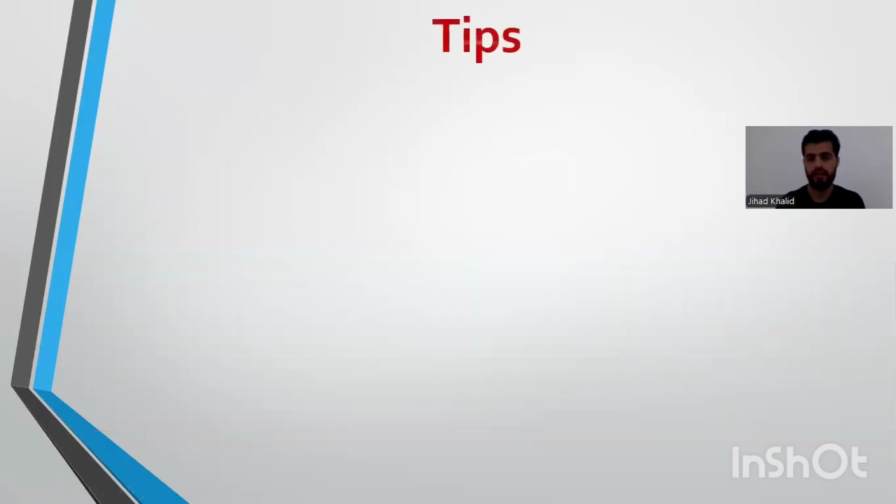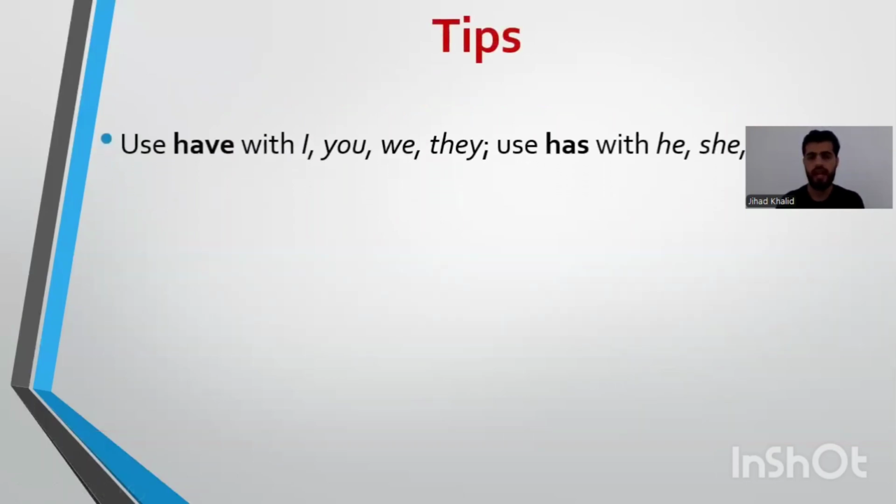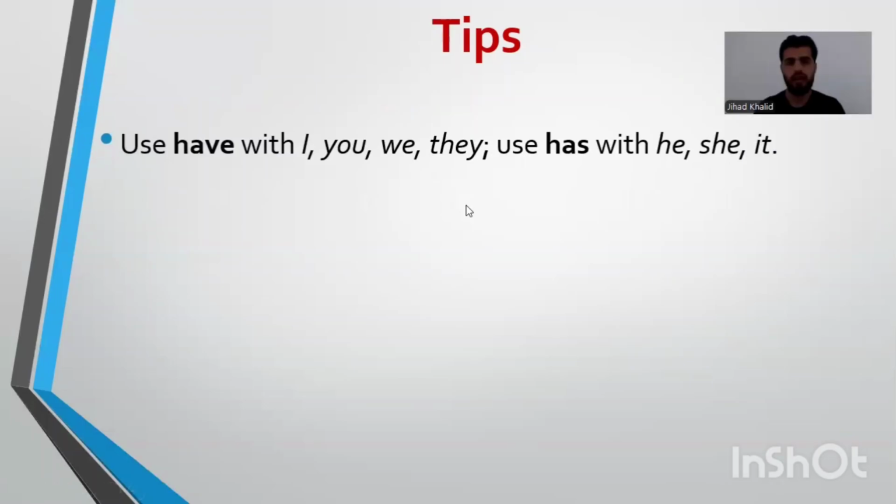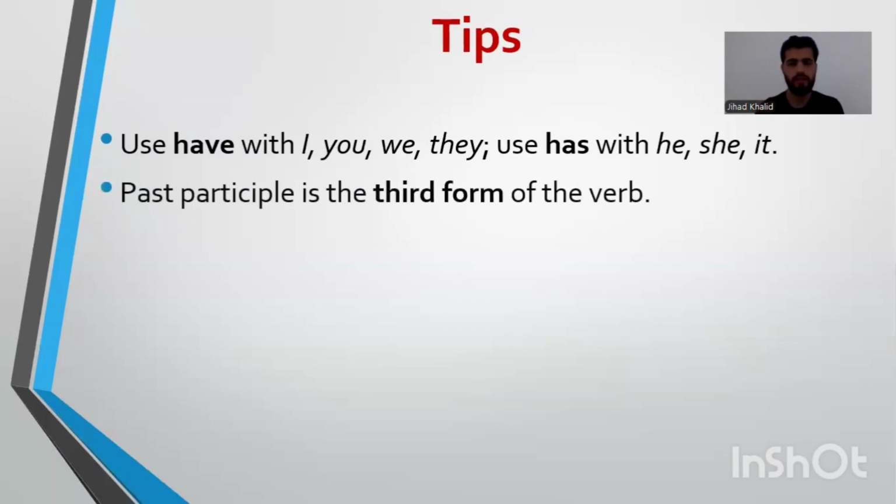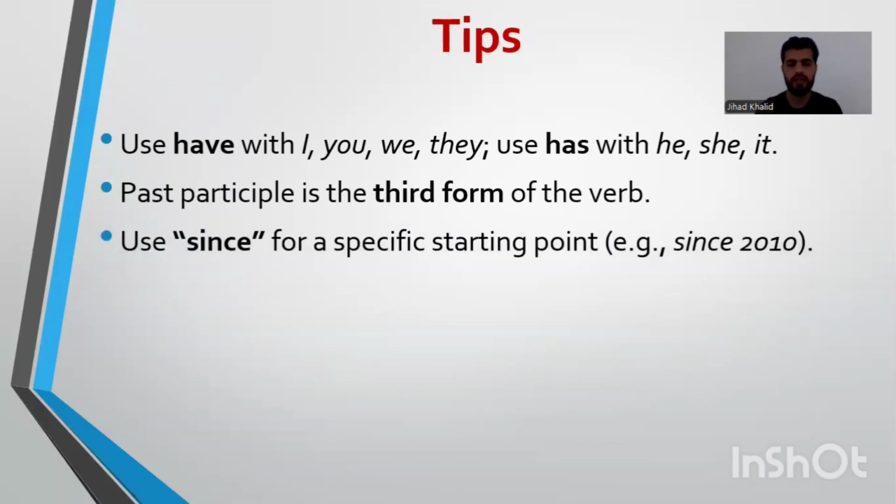Then we have tips. Use have with plural. I mentioned that. I, you, we, they. And use has with she, he, it, which means singular, one person. After that, we have the past participle, which is the third form of the verb. We cited that. Then use since for a specific starting point, since